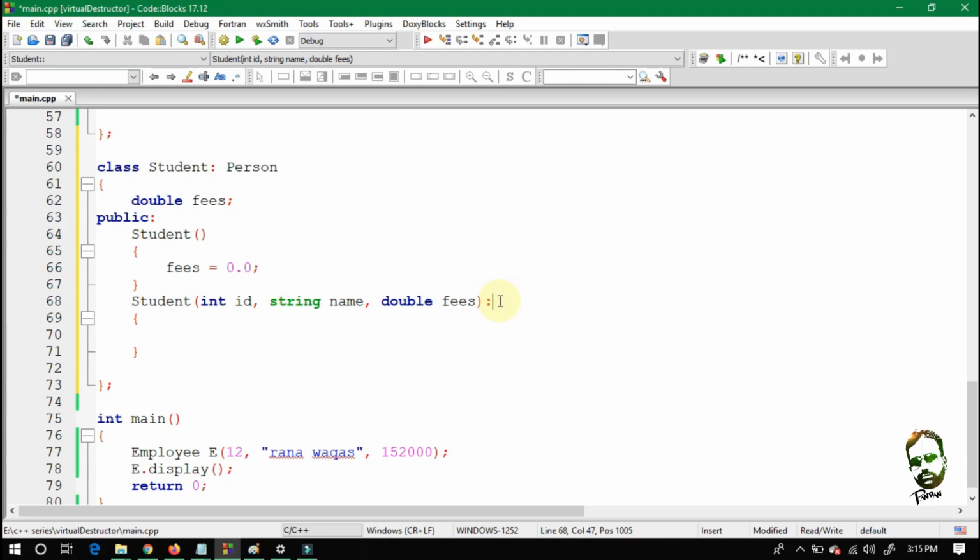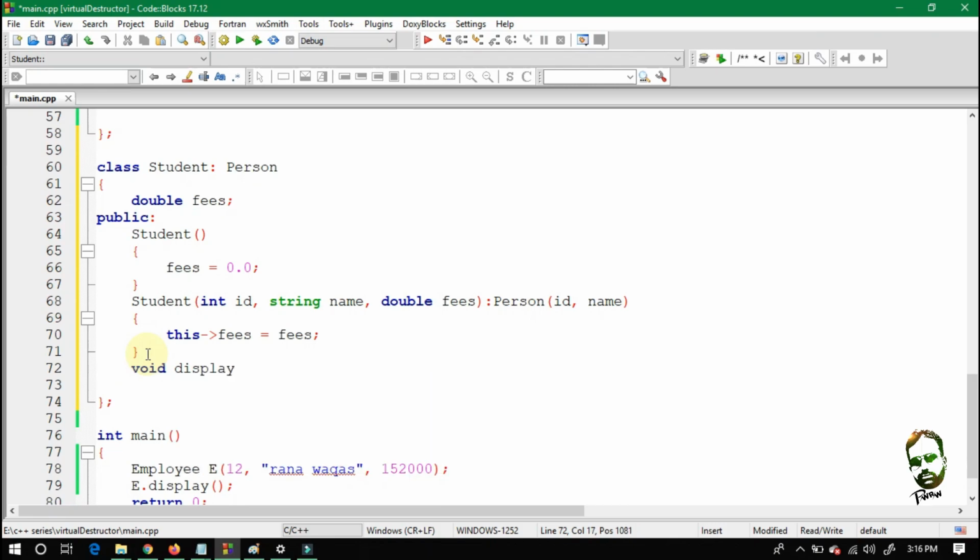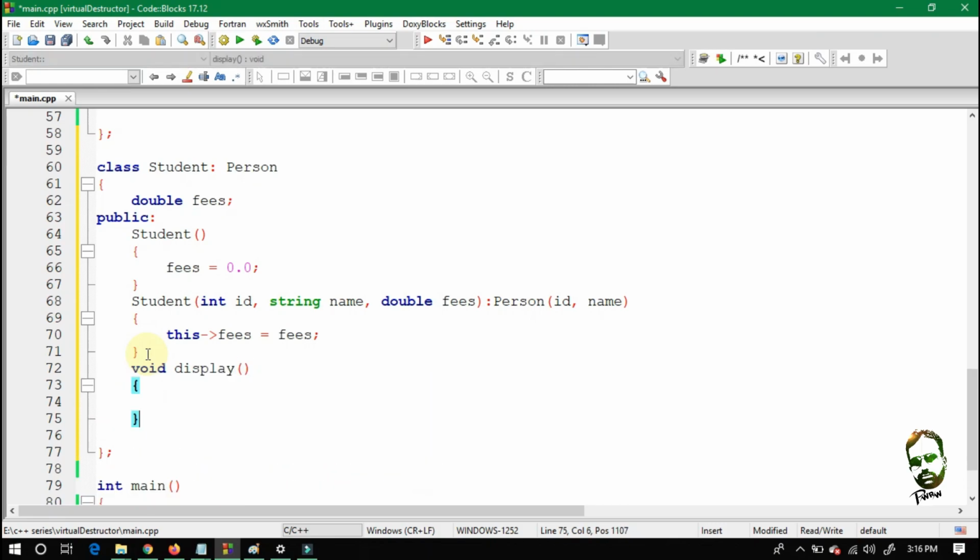If you don't know about base initializing list, just go into the description and click on the link. You will move to the tutorial on base initializing list. Take that lecture if you don't know about it. Then call the overloaded constructor of the parent class and pass id and name into it, and within the brackets of this overloaded constructor of the child class, write this fees is equal to fees.